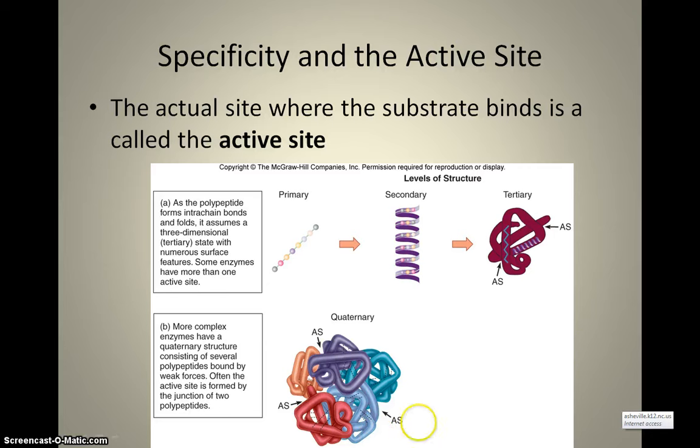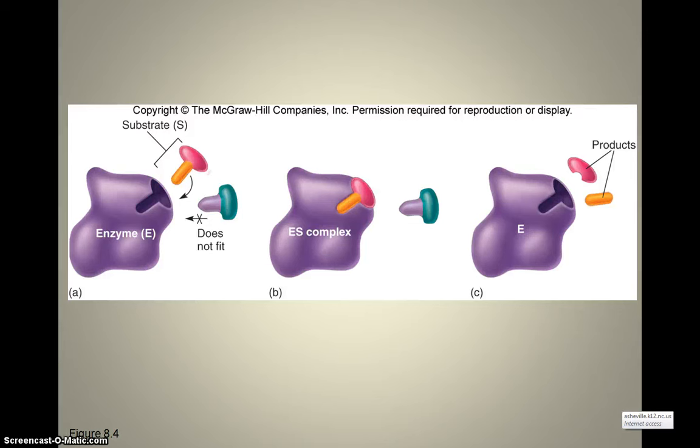And then finally, they come together to form a quaternary or a complex protein structure. So you have several tertiary proteins that come together to form a quaternary structure. And this is really a full shaped enzyme with several different active sites in which there is a very specific shape for a substrate. So we say that an enzyme has a lock and key fit. So based on that really complex quaternary structure, we create an active site that can only fit one specific type of substrate. So you can see here this substrate, which is what the enzyme works on, would fit into this